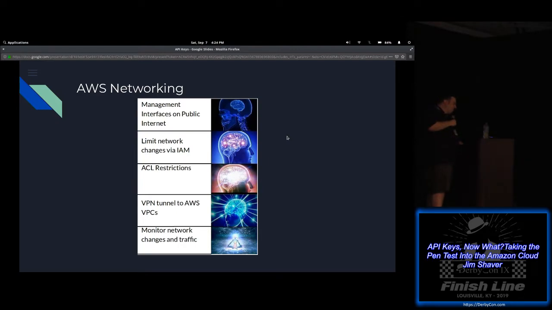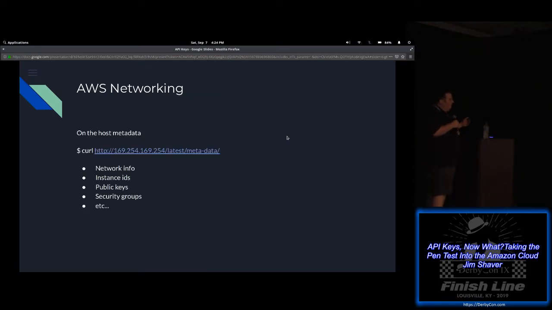There's another interesting thing to mention about AWS networking that I don't know is super useful for anything other than enumeration. If you have some ideas, feel free to let me know. If you've got a 169 address on a Windows computer, it's like you don't have internet. Well, AWS was like, man, we can use that non-routable IP address and have it feed information within the virtual machine.